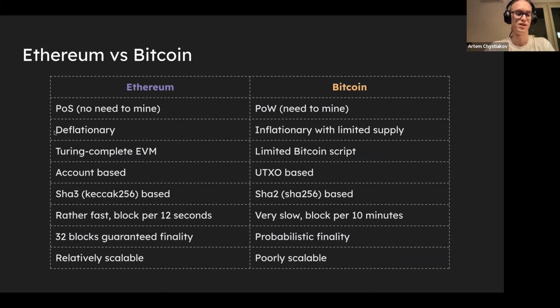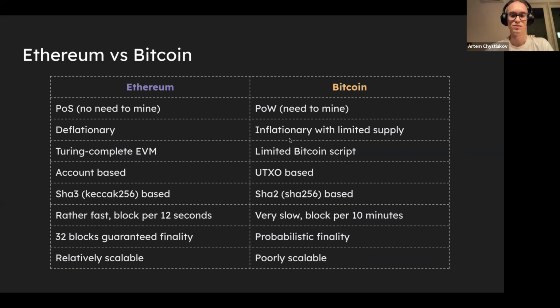Ethereum is a deflationary asset. It used to be inflationary really a lot, but right now it is a deflationary asset because it actually burns Ethereum. It burns Ethereum that users provide when they interact with the chain. The base block fee that Ethereum maintains is actually burned and deducted from the overall supply.